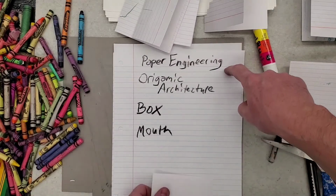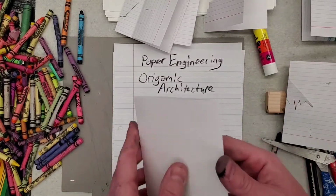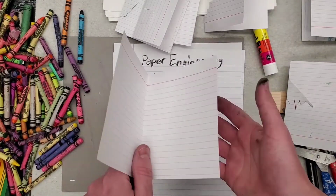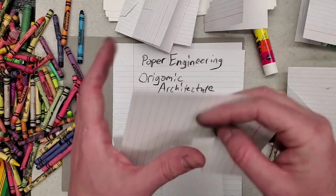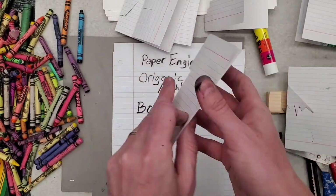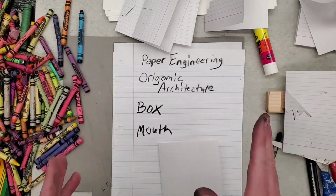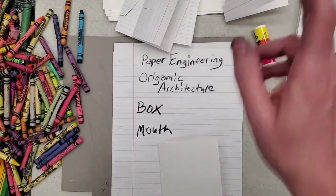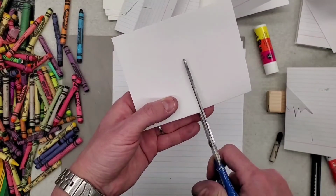So wait, before I go on: paper engineering, building stuff with paper, making it 3D. Origamic architecture is the type that makes 90-degree pop-ups, generally only using one sheet of paper. We made a box that was 2 cuts and 1 fold. Remember? Snip, snip, 1 fold, and then break on through to the other side. And we got a box. And then you can do lots of boxes and make a cool design that way. Today, instead of 2 cuts and 1 fold, we're going to do 1 cut and 2